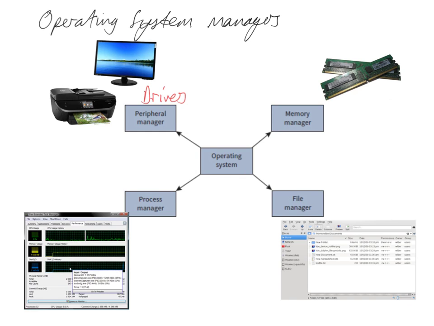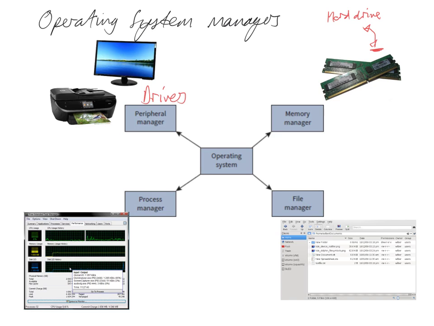Also, if there is too much for the RAM to handle, the memory manager is responsible for allocating the virtual memory. In other words, virtual memory is where portions of the RAM are taken out and put onto the hard drive and then swapped back in at a later stage, so the program can operate reasonably smoothly.